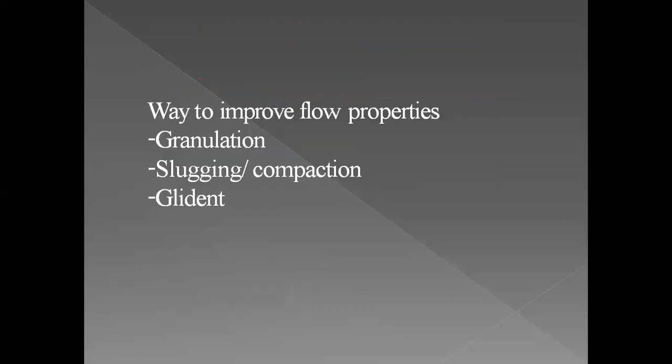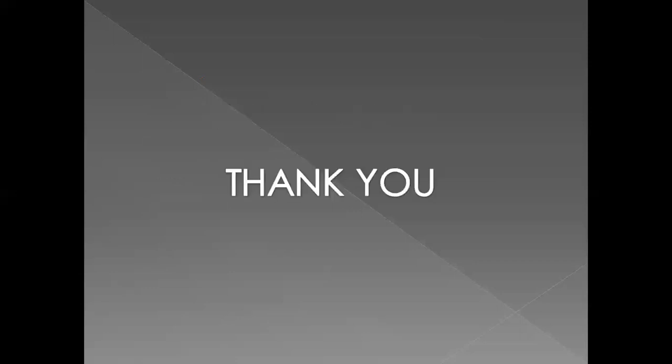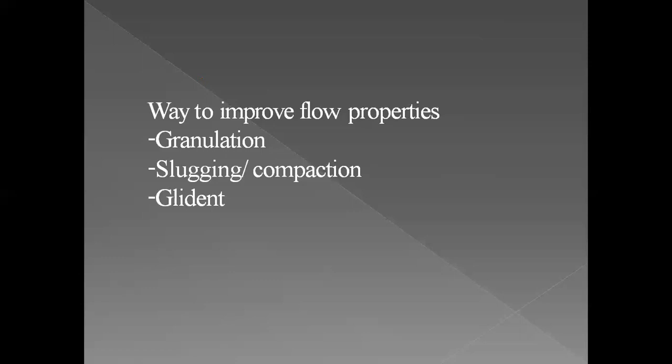Ways to improve flow properties can be granulation, slugging, and glidant use. We use various techniques like dry and wet granulation, and slugging, in which a large tablet is made and then it is broken down, where the particle size has been reduced, and gliding by the use of talc and magnesium stearate to avoid frictional forces. Cohesive flow powders may be characterized by tensile testing or evaluated in shear stress.